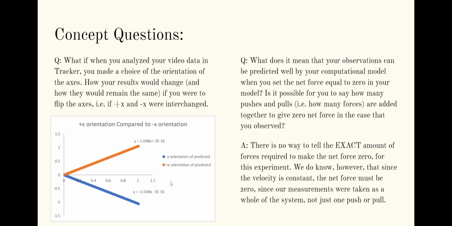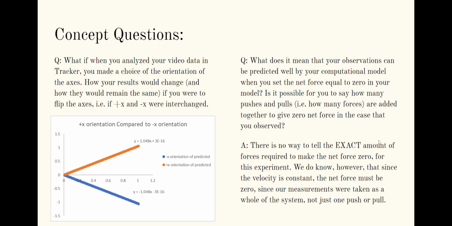I used my predicted values to answer this question, as seen here. This represents the values that I actually collected in orange, and the blue represents if I had switched the orientation of the x-axis. All that would happen was that my positive y values, the position, would then become negative position